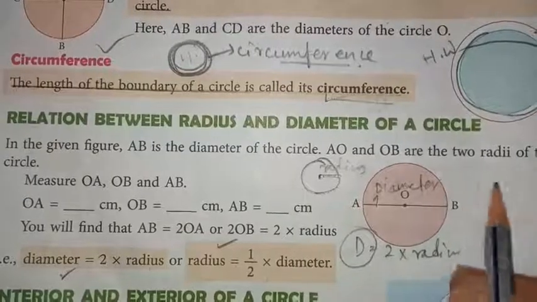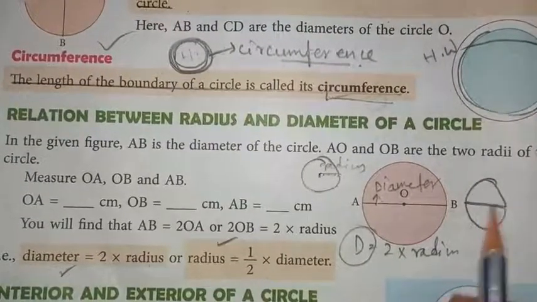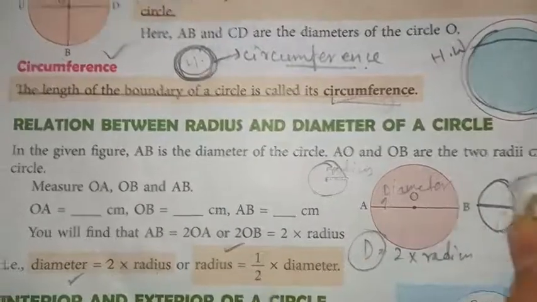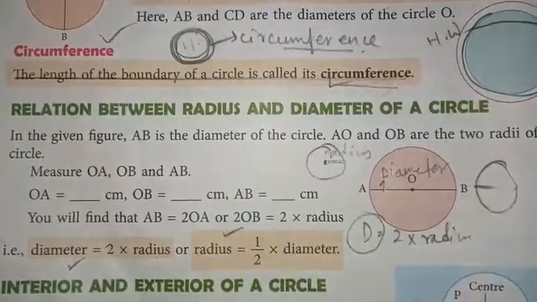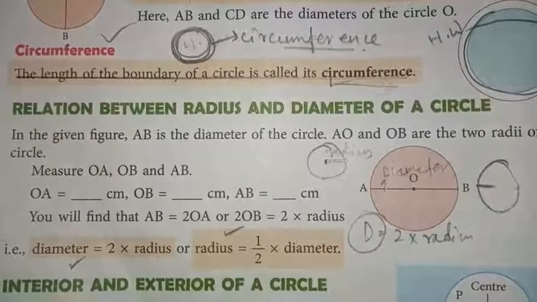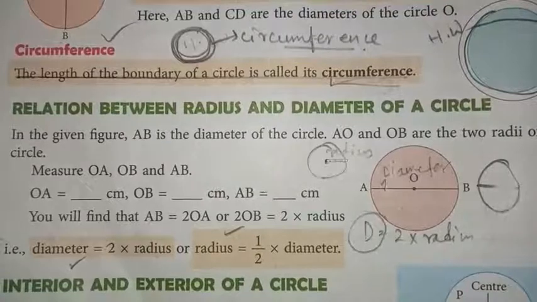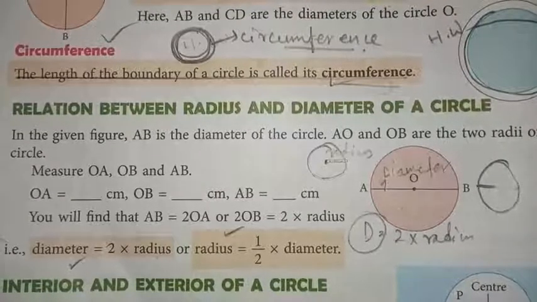You can easily remember: if you consider the full length, this will be the diameter. If you take only half of this, then it will be considered the radius. Simple as that. Just remember the formula. It will help you solve the problems given in the self practice. So let us now start solving self practice 11E.